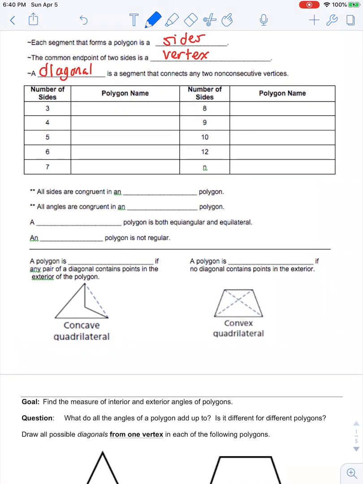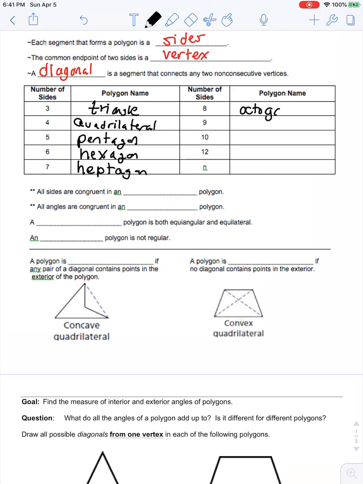Okay, a few basic names. Polygons are named according to the number of sides, which again will become very important as we start asking about some of the measurements of angles. We already know the majority of these, but just to quickly go through them, a 3-sided figure is a triangle, 4-sided is a quadrilateral, 5-sided is pentagon, 6 sides is hexagon, 7 sides is generally referred to as